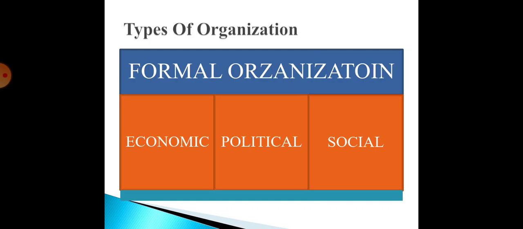The next, political. In political meetings and in a political organization, we maintain the formal organization. How are we maintaining it? We are following the rules, regulations and norms of the particular political organization. So next, social. In a social organization, we are maintaining the social norms, social modes and social rules and regulations in a formal manner. Formal is nothing but maintaining particular democratic approaches, like following rules, regulations or policies.